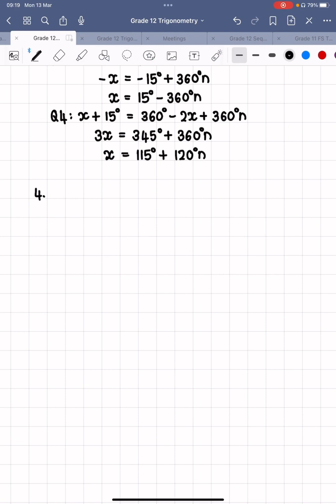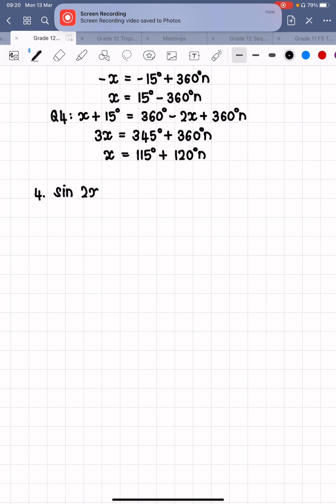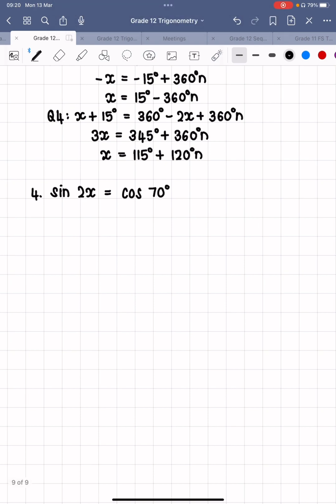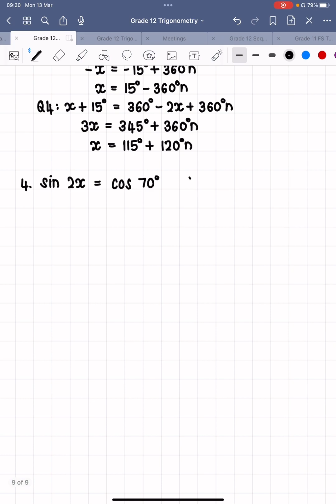So for example 4, let's do sine 2x equal to cos 70. And now I'm also going to add one extra element to this. I'm going to give an interval for x. We are going to have to give specific solutions, okay? Because so far we've only done general solution, and you do have to know how to do the specific solutions